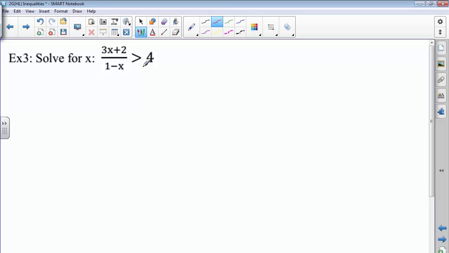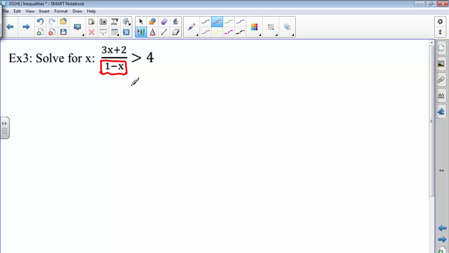For a rational inequality, our first goal is to get rid of this denominator. It's the same as solving a rational equation. And we learned how to solve a rational equation in Unit 1 already. But the problem in an inequality is, if this bottom